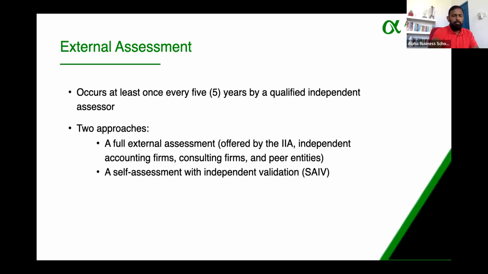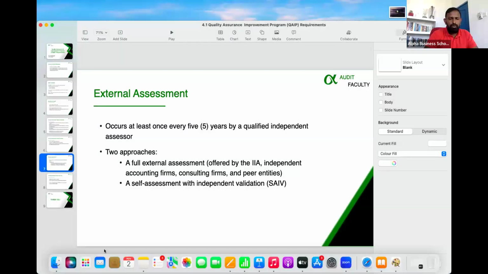Right. So those are the key points. Next, we should do